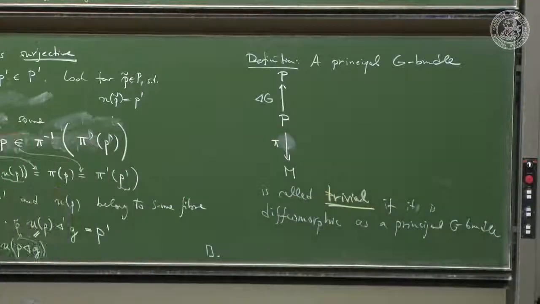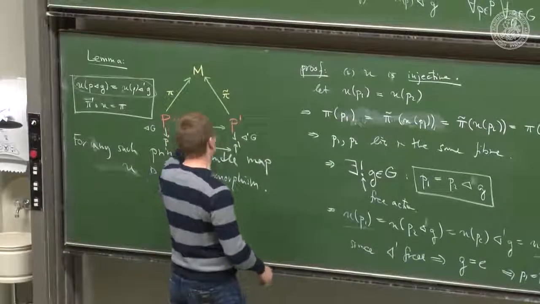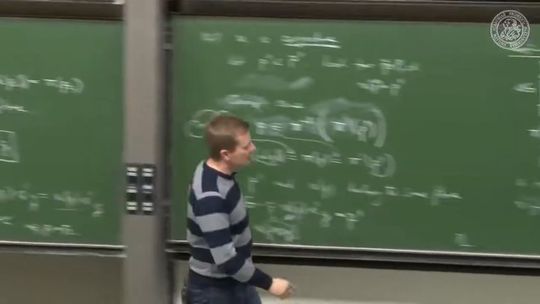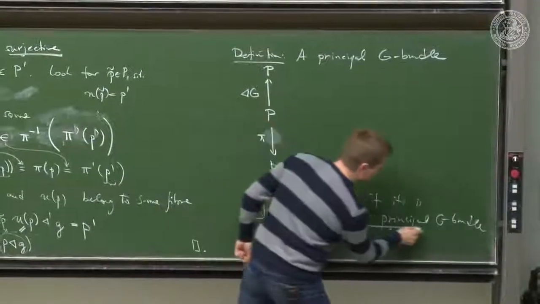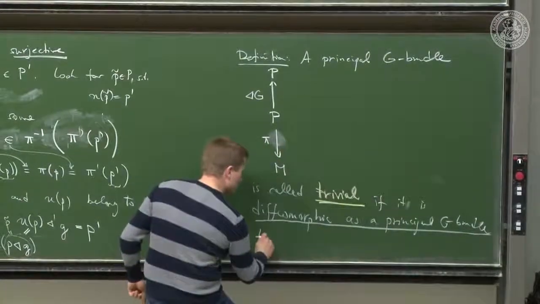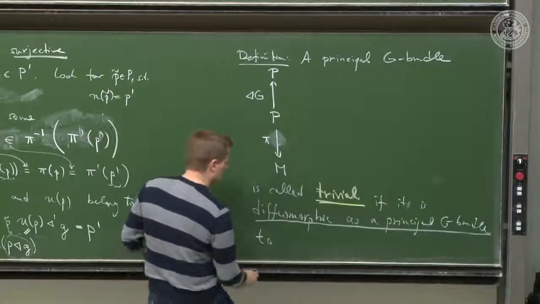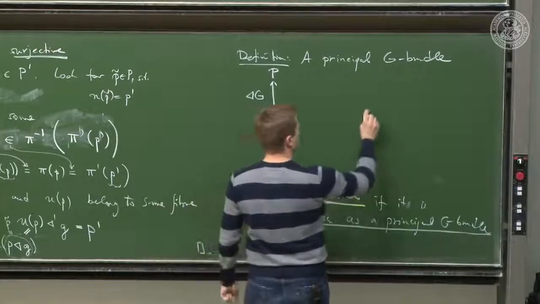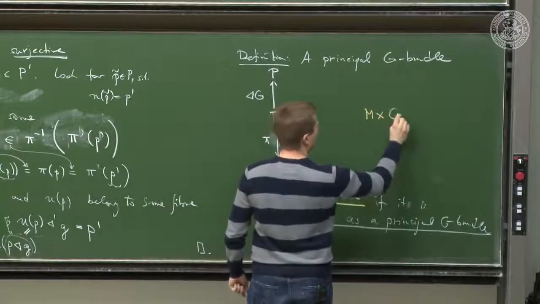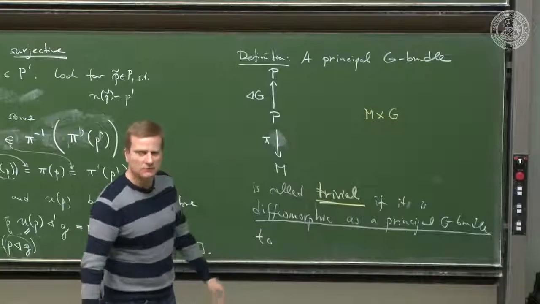So here we could have written in this case the bundle is isomorphic. Anyway, you know how to write this. It's diffeomorphic as a principal G bundle to the following bundle, to M Cartesian product G,